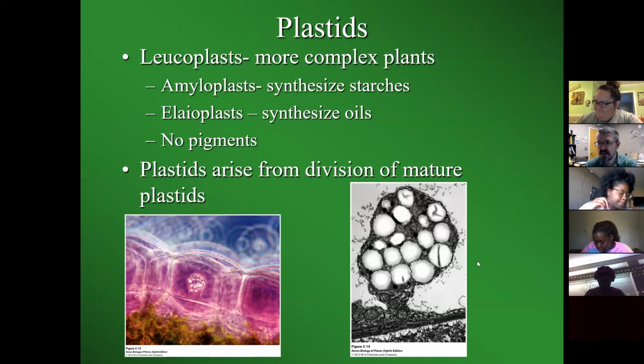And do not eat green skins of potatoes. That's where the highest amount of toxin is. So if you've got green potatoes, at the very least, peel those things, get all the green off before you cook them. Okay. On the right here, you can see these are oil bodies